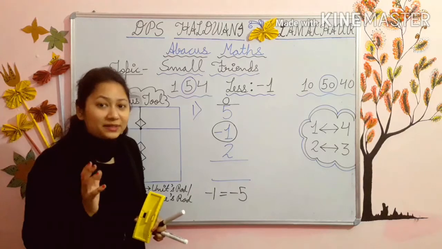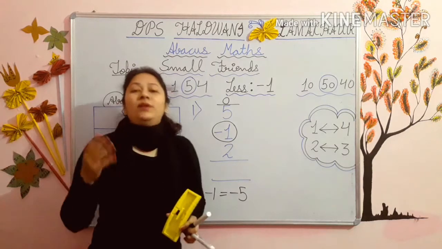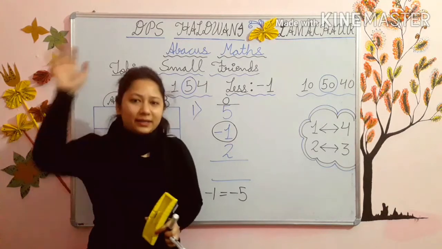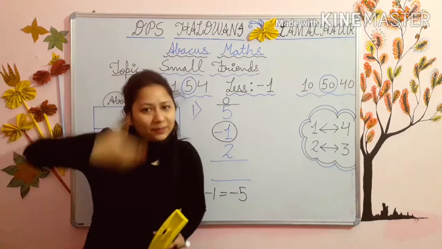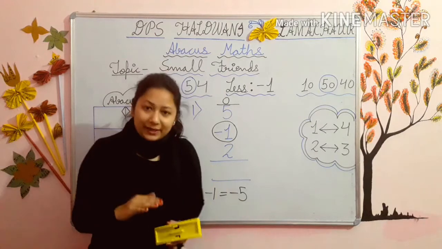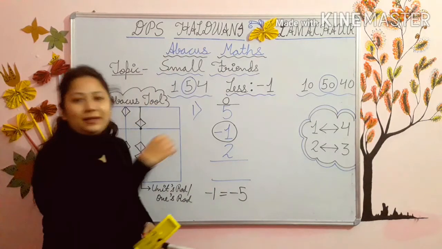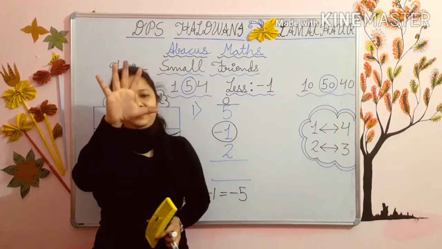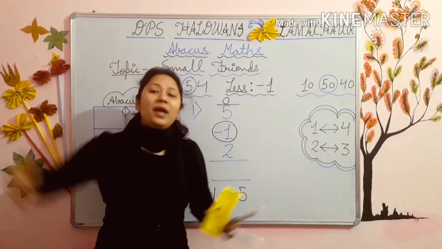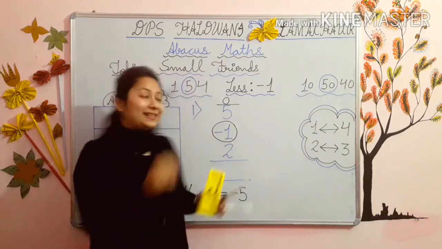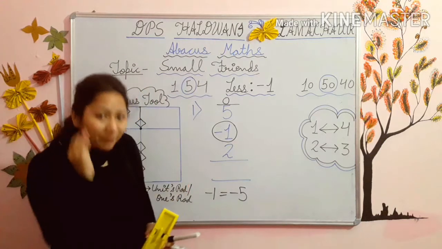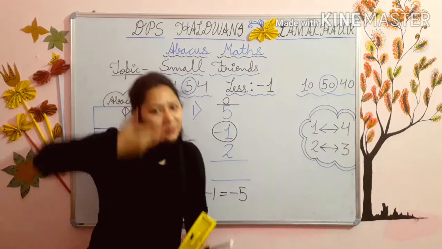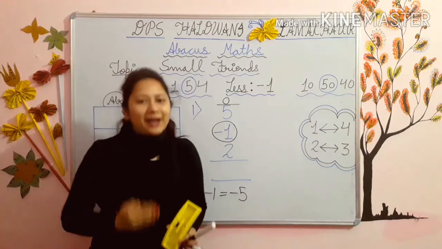Yes, there is some difference here. See, in the add, when you have to add 1, the first number which you are adding is 5 and you are subtracting the friend. Now here, at the time of subtracting any number, the first number which you will subtract is 5 and you have to add the friend. Yes, in this small friend -1 means in the less one sums you have to subtract the 5 and you have to add the friend.